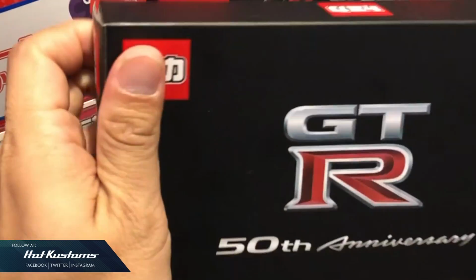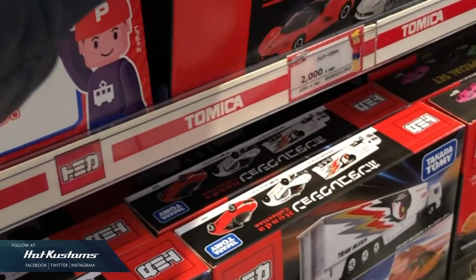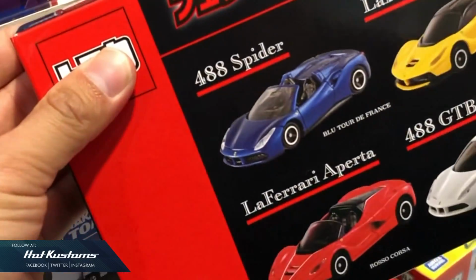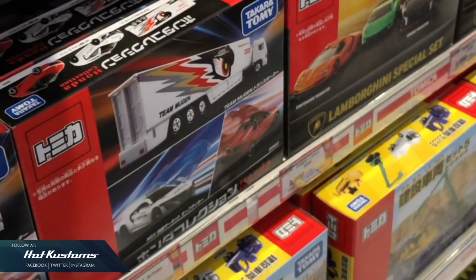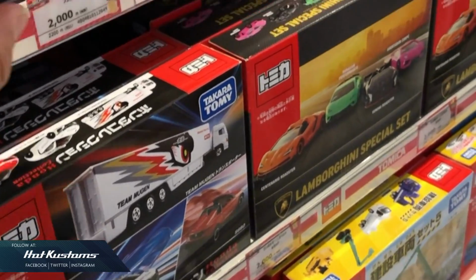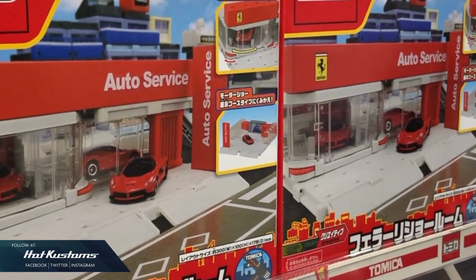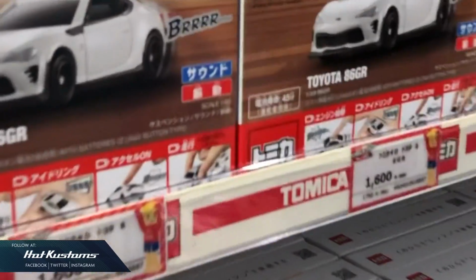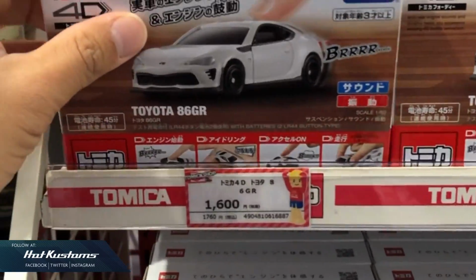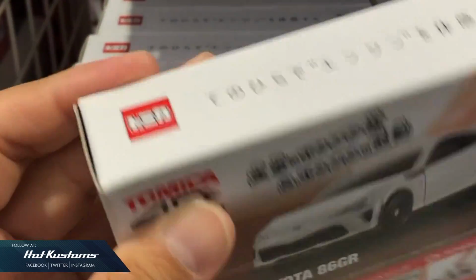The mainline Nissan GTR 50th Anniversary set. The Ferrari 4-car set exclusive to Japan market. And also the auto service play set exclusive to Japan. A wide range of Tomica 4D series with sound,